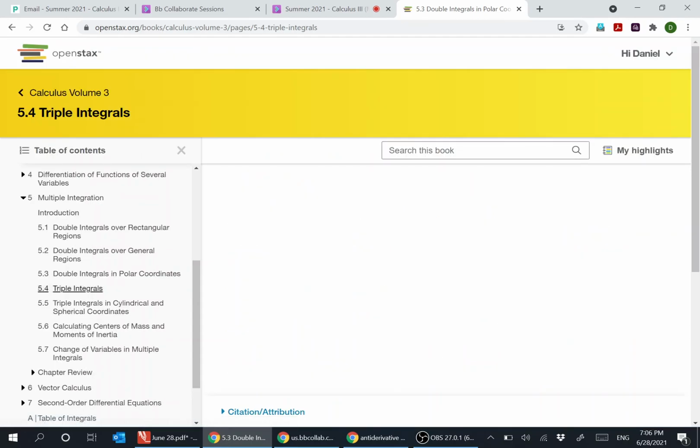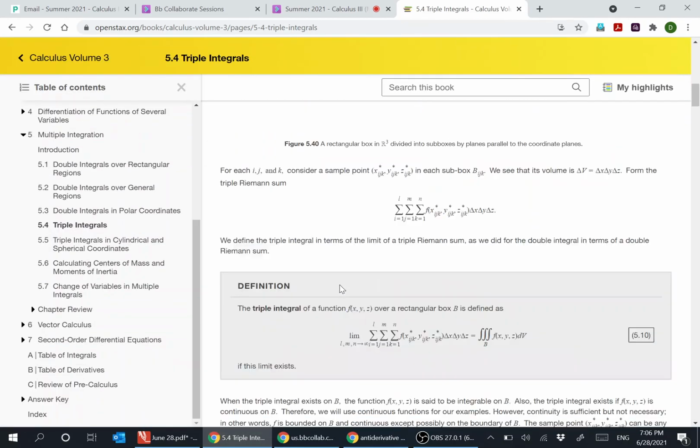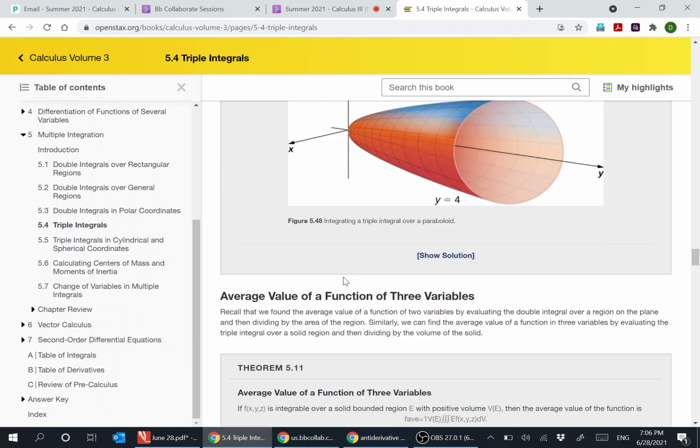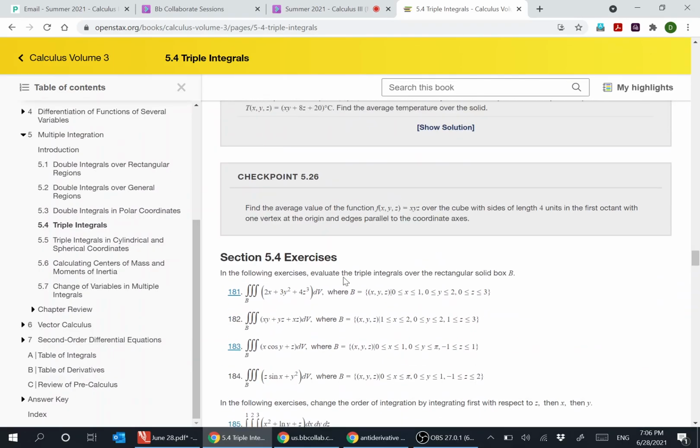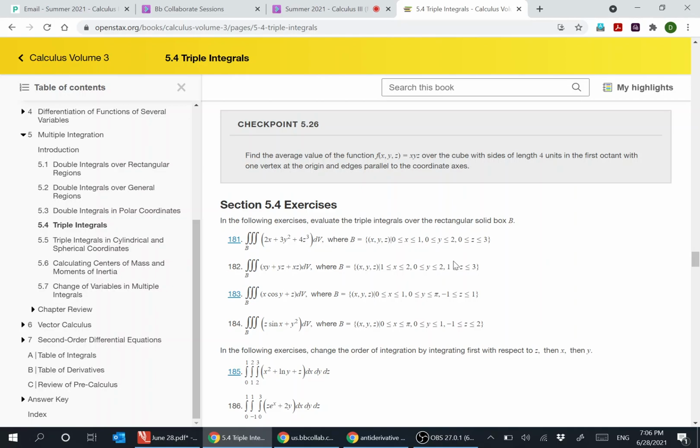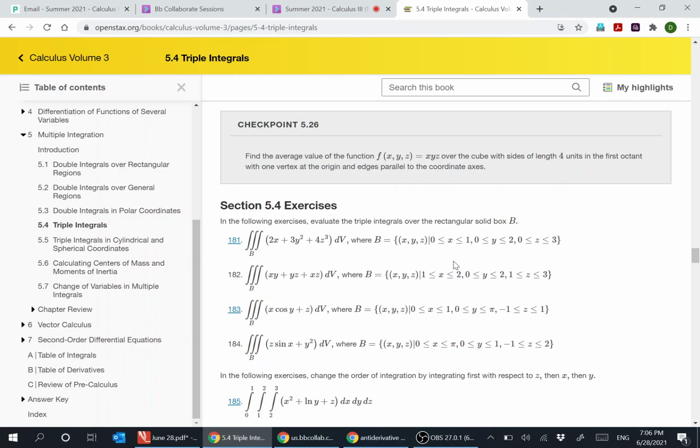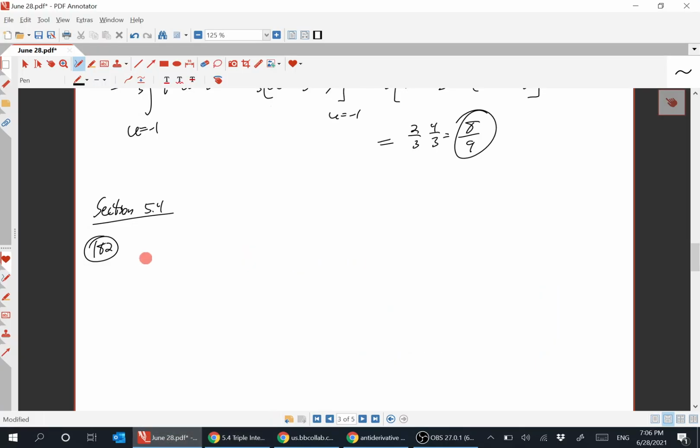And 5.4. So we've made our way to triple integrals. All right. In this exercise, evaluate the triple integral over the rectangular box shown. So this is a triple integral over B, xy plus yz plus xz dV,